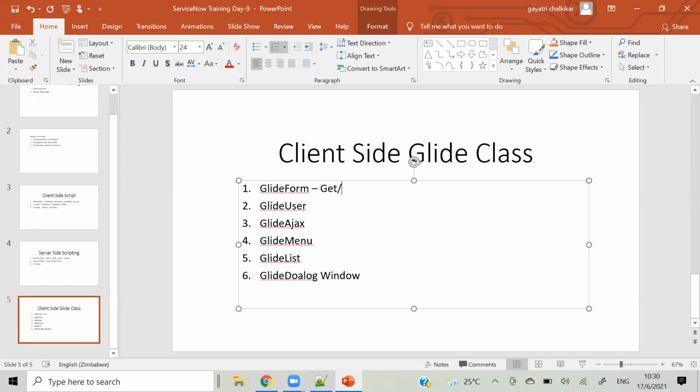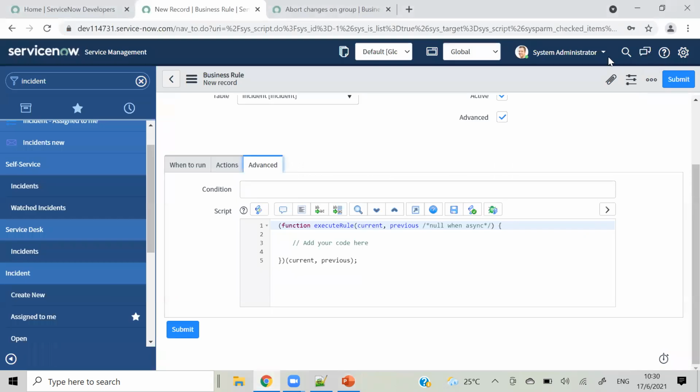You can do many things, but this is the basic thing I am adding here because you have knowledge about these things. Then we have Glide User. Like we have a login user, here I have logged in as system administrator.